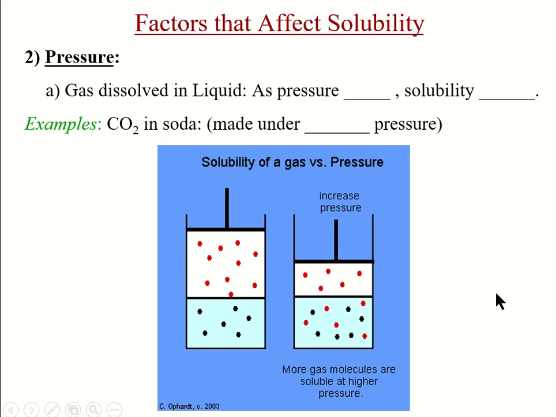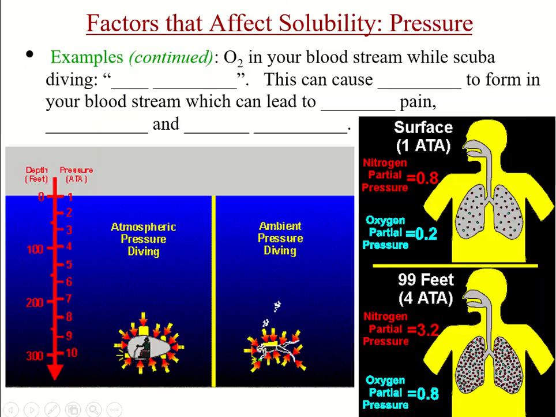Another factor that affects solubility is pressure. Gases dissolved in a liquid. So as pressure increases, so does solubility. We have a direct relationship. So soda or Cokes are made under high pressure. This allows us to get a lot more carbonation in there. Solubility, well, how do you think it affects a